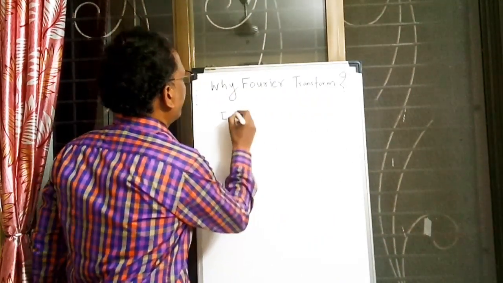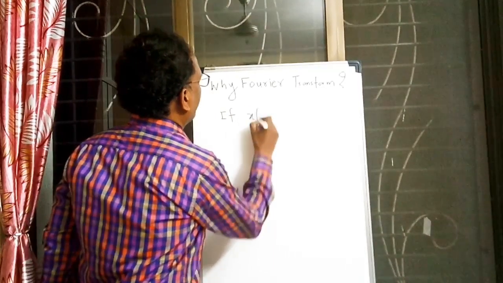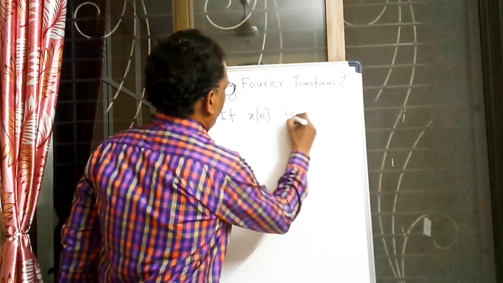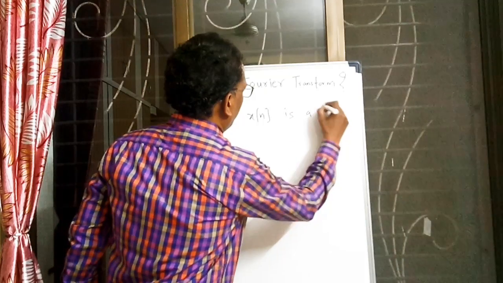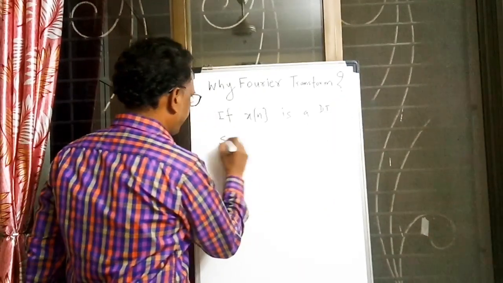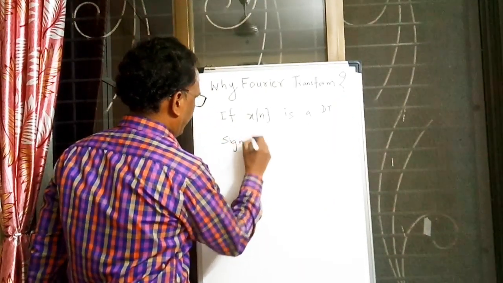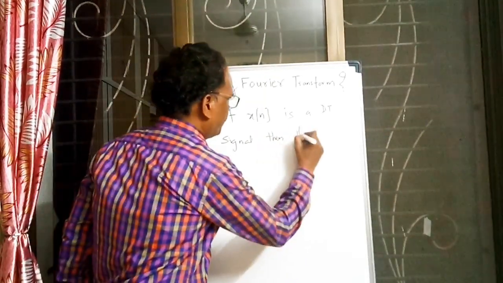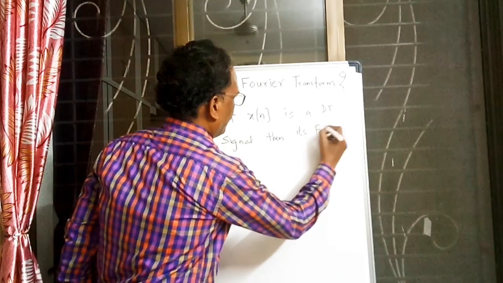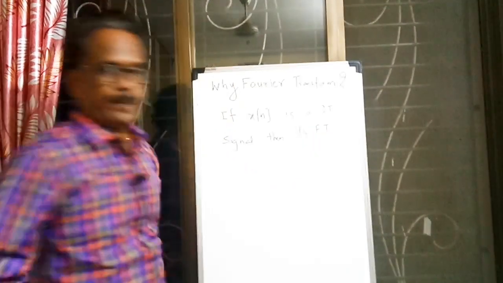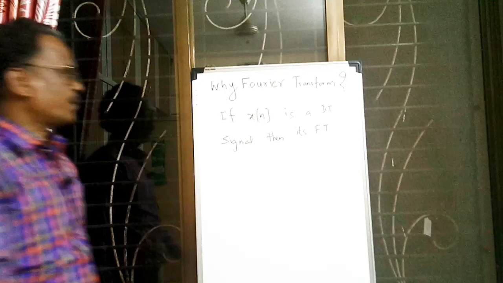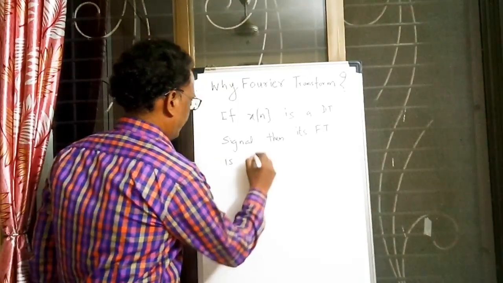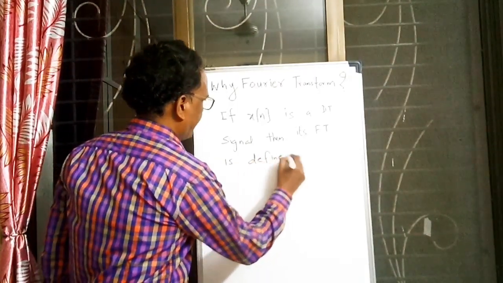If x of n is a DT signal, then its Fourier transform, I am using FT for Fourier transform, is defined as